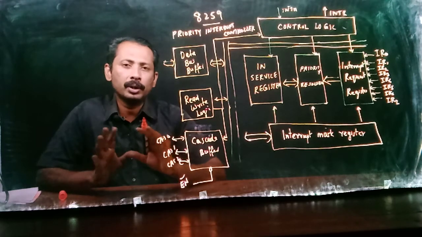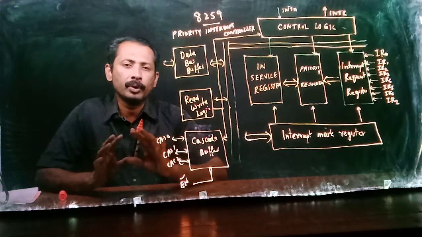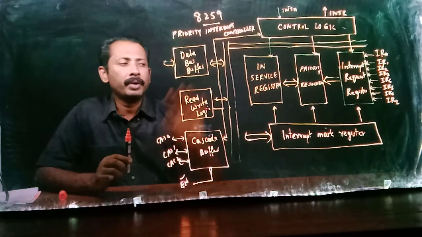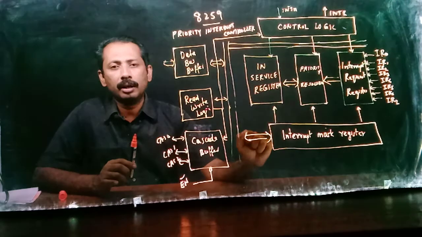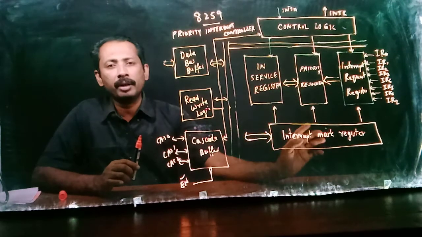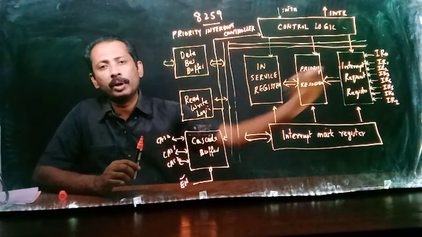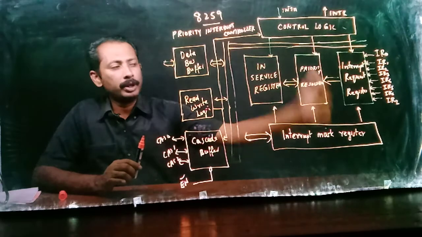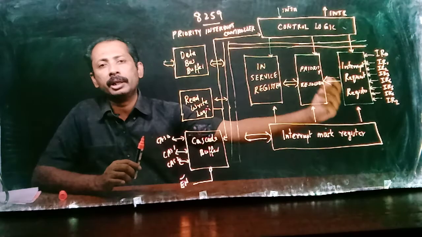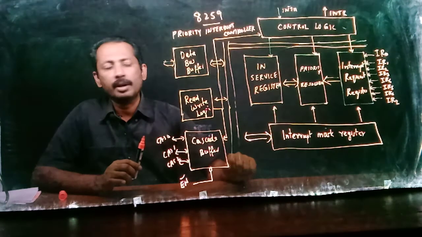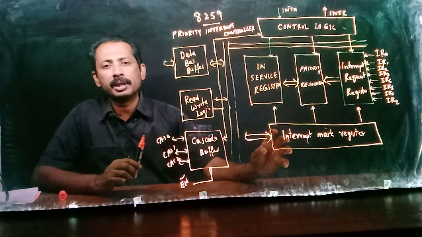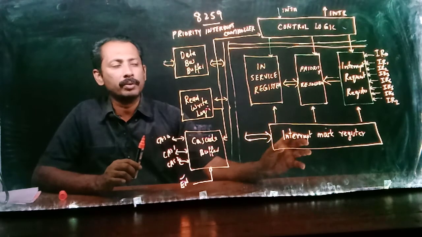But if we want to connect more than one device using interrupts, we can use this IC and can connect each device to each interrupt. Using this single IC we can handle up to 8 devices. If we want to mask any of them, we can mask using the controller.